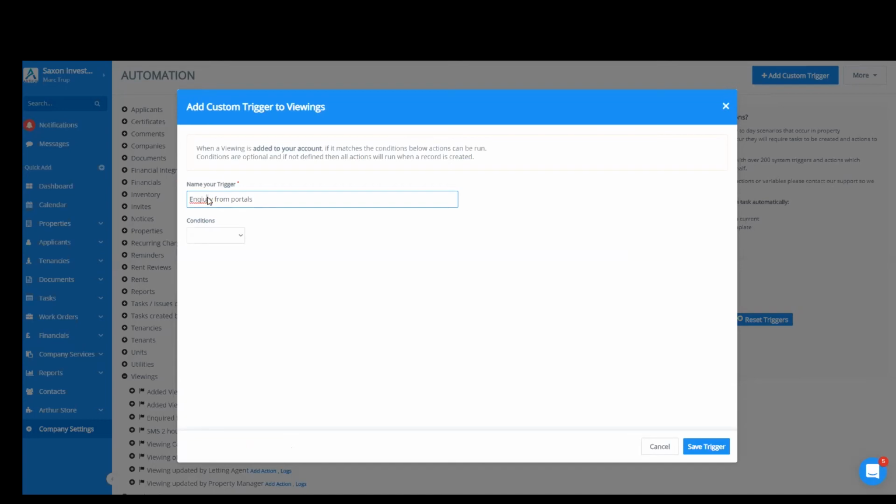So conditions. The viewing source: first and foremost, it is from the portal account, so it's going to be created from portal. I think that's the only condition we need to use. Yes, that's correct. So I've said, when a new viewing is created and it has come from the portal, then create this trigger. If I save the trigger now,